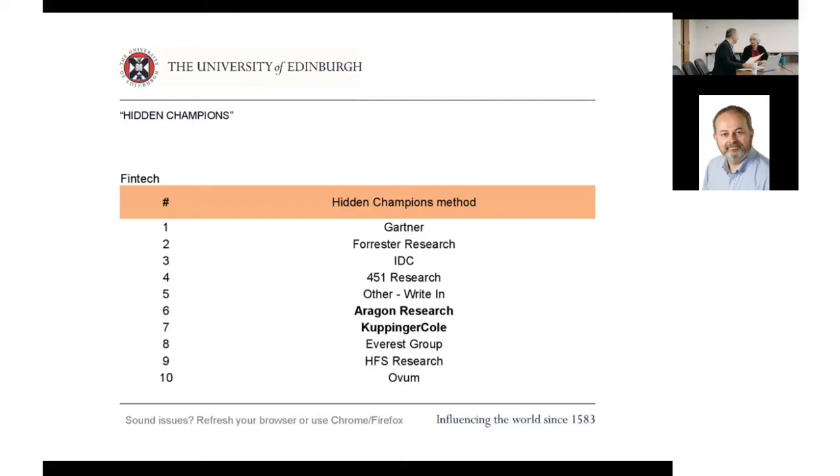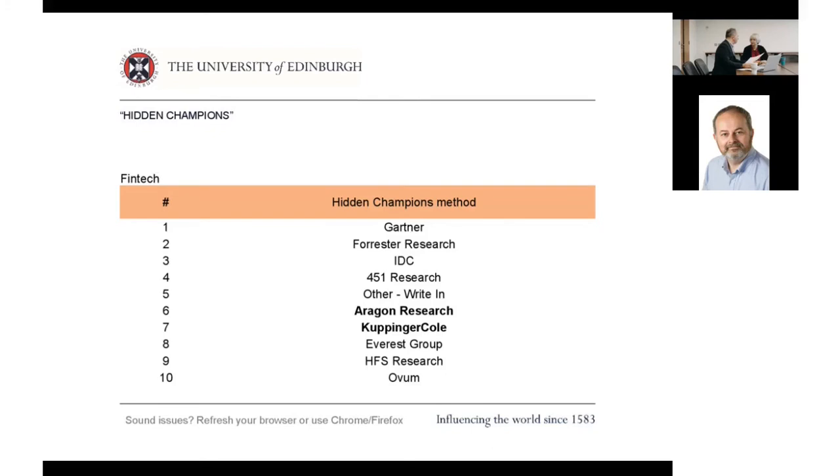And Kuppinga-Cole is a European firm that's especially strong in identity and access and management, security-based use cases, and of course financial technology is absolutely central for them. I know for many of my customers that Kuppinga-Cole is a top priority for them, especially looking at technologies to help with verification, validation, identification, and so